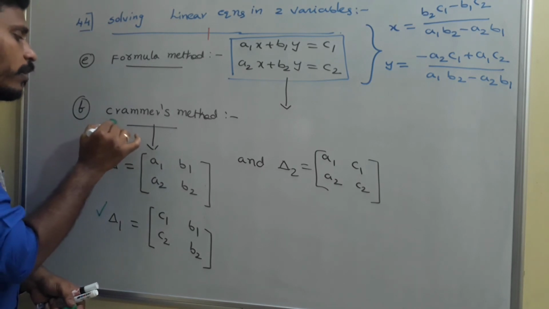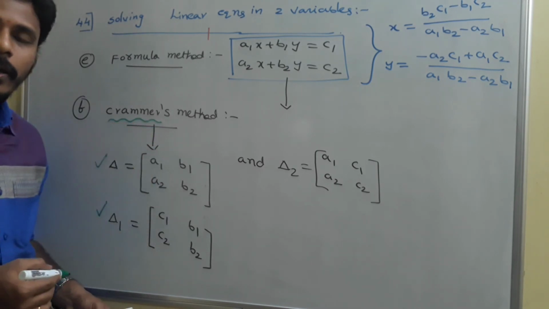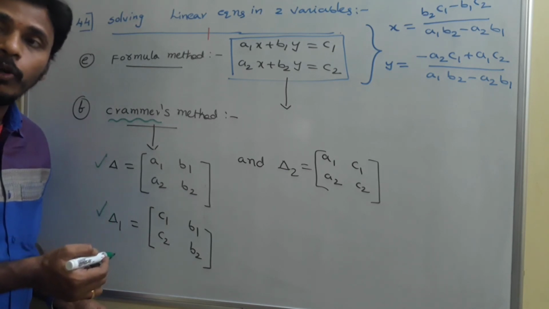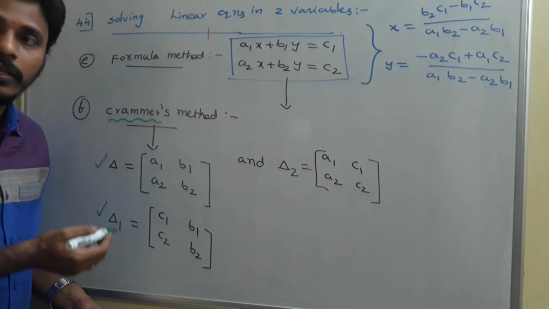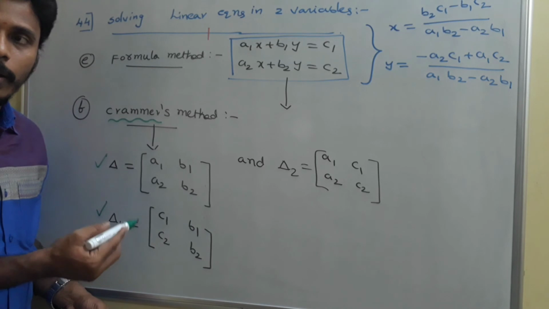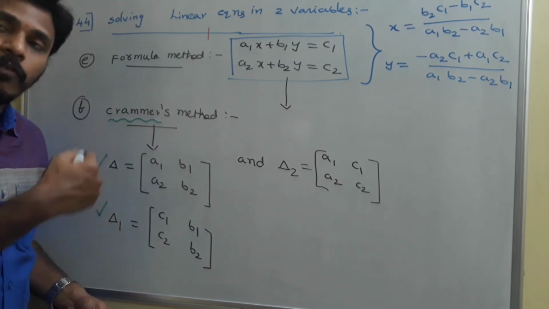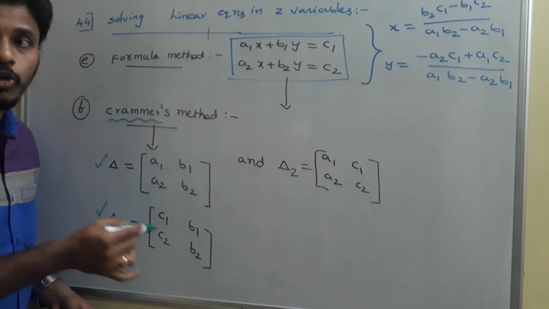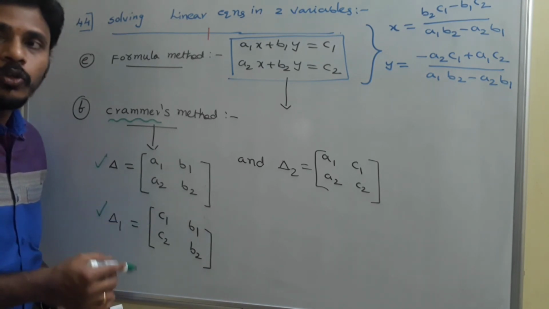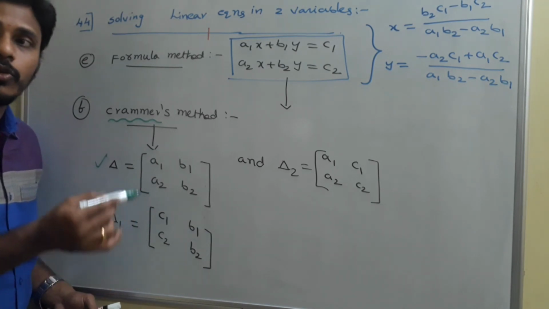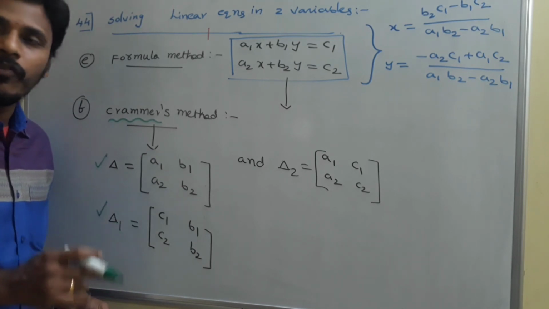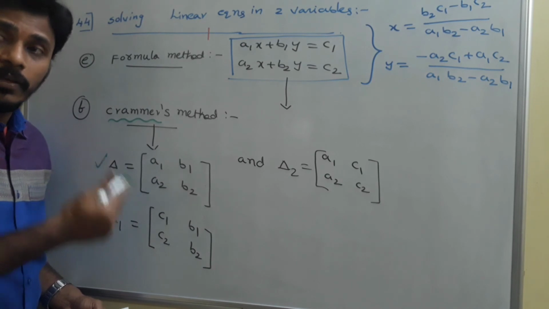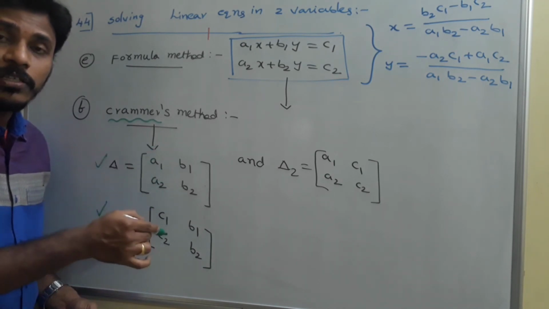Cramer's method involves the name Cramer, a mathematician who developed a simple way to find the solutions for linear equations, not only for 2 variables, but for 3 variables, and then for 4 and beyond. Here we are discussing 2 variables. As I mentioned, to solve linear equations in 2 variables, the elimination method is very comfortable for all of us. But to extend these ideas to 3 variables, initially we are discussing 2 variables.